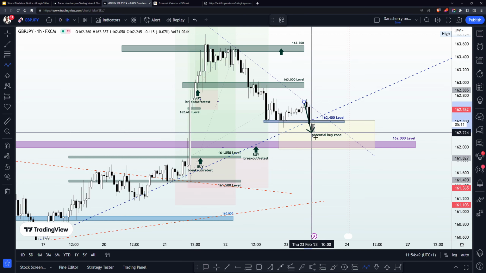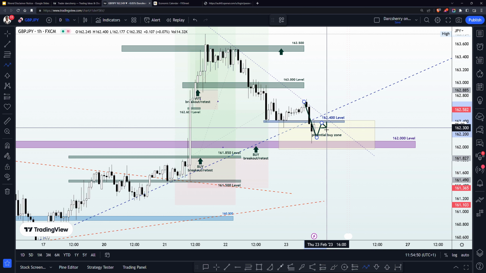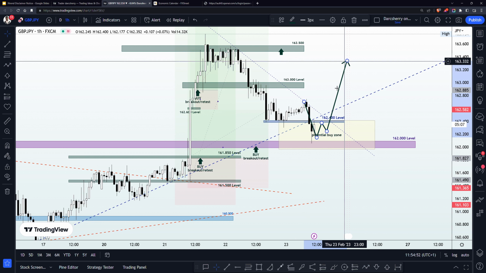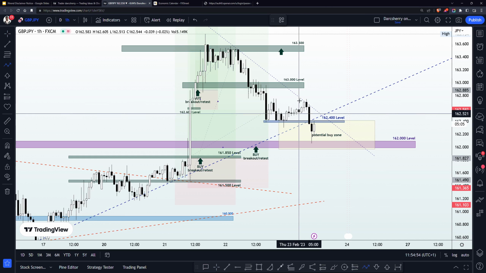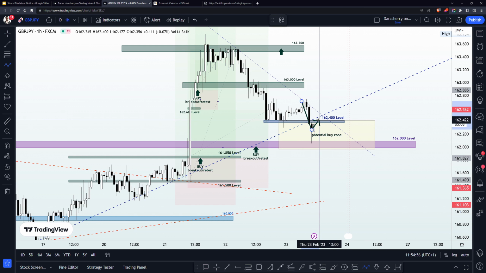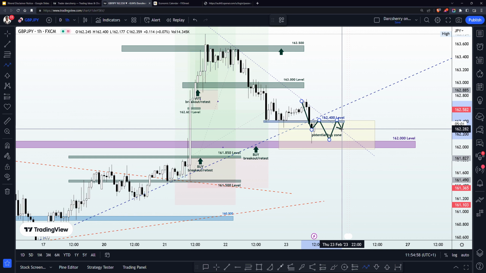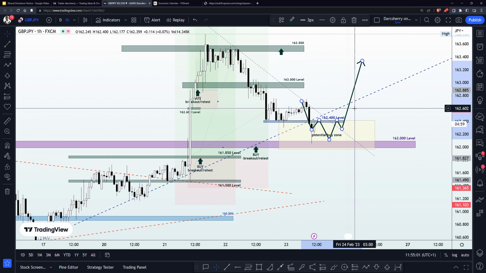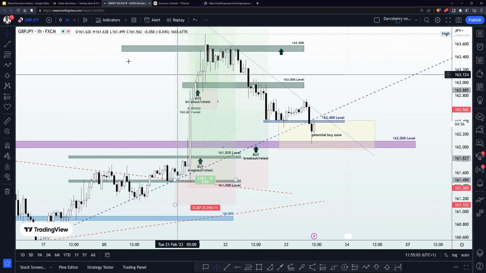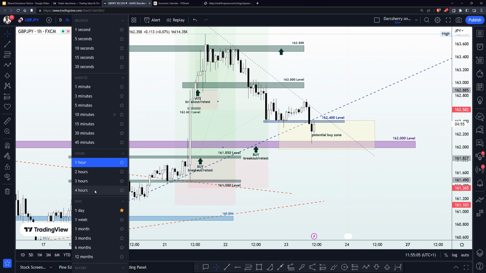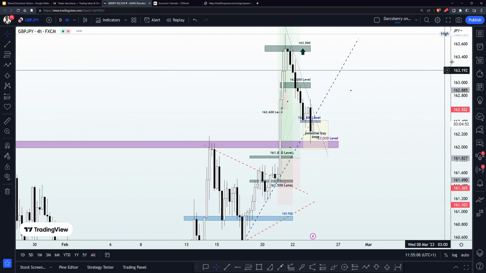So we might likely see something like a double bottom structure to join that bullish momentum to the upside, or probably a head and shoulder pattern, something like this, to join that bullish momentum to the upside. And one thing that makes this structure very interesting is that when we scale up into the 4 hours time